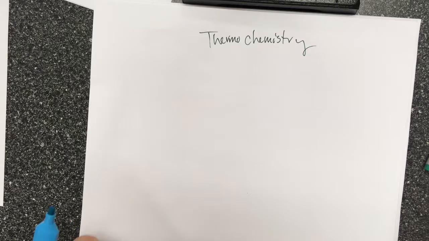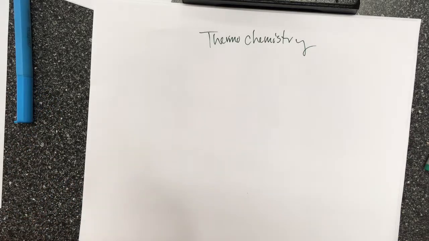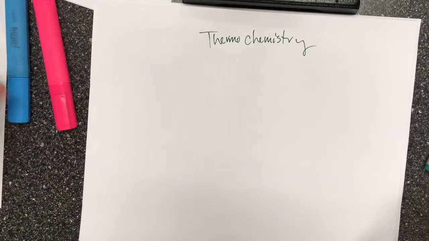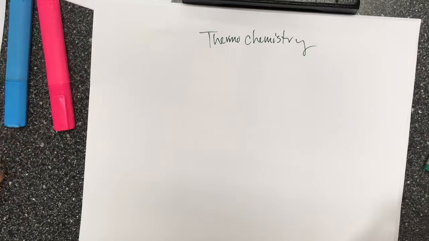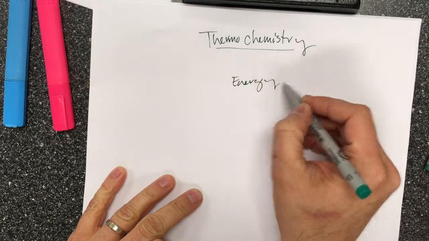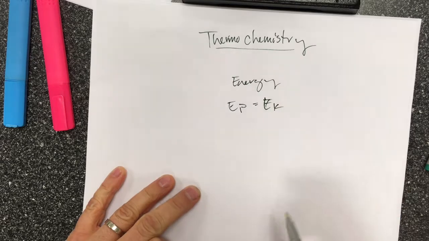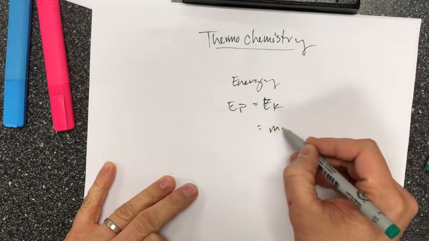I'm going to show you that there's a fairly limited number of combinations of ways to get to an answer. But there are enough of them that memorizing your way to it isn't going to help you out. So in thermochemistry, it's all about energy. And so we're worried about energy. We have potential energy, which will be equal to the kinetic energy, where the kinetic energy would be like your